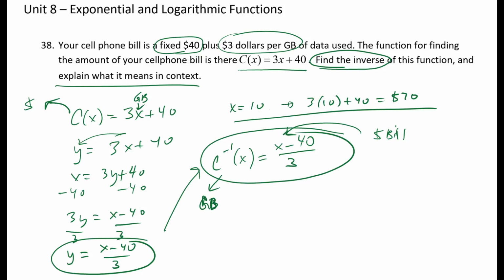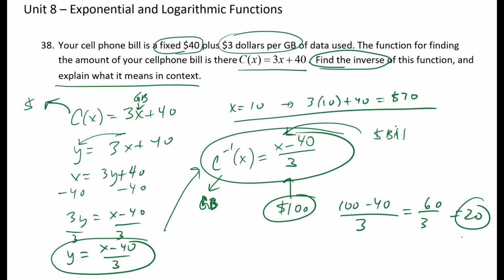So that's what this inverse function does, it tells you how many gigabytes you used based on how expensive your bill was. So if our bill was, say, $100, we could put that into this function. 100 minus 40 over 3 would be 60 over 3 equals 20. So if our bill was $100, we could use this function to easily conclude that we used 20